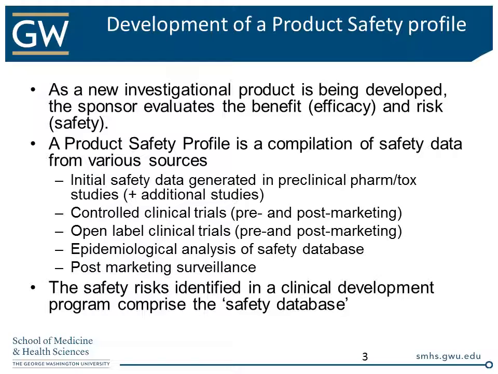During the preparation of the marketing application, the safety database, which contains all clinical safety data, that is, all adverse events across all controlled and open-label studies, is thoroughly examined by the sponsor. A composite safety profile is presented in the integrated summary of safety, which is in the marketing application, and the